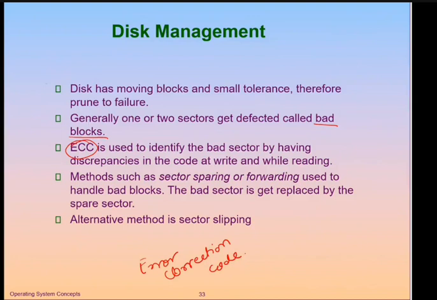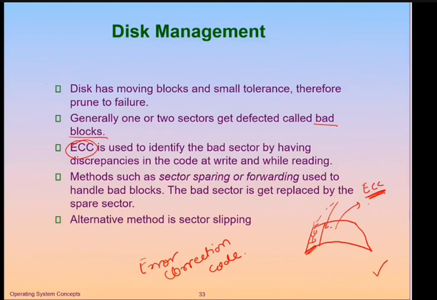And how can it be done? It is quite simple. Whenever the operating system writes some data onto the disk, the ECC code will be calculated and stored in the area. So during a write operation we write the ECC code as well. When a read operation is performed, on the fly, the OS will calculate the ECC code again. If that ECC code matches the one stored on the hard disk, then we can say that the data is consistent. Okay, data integrity is maintained.